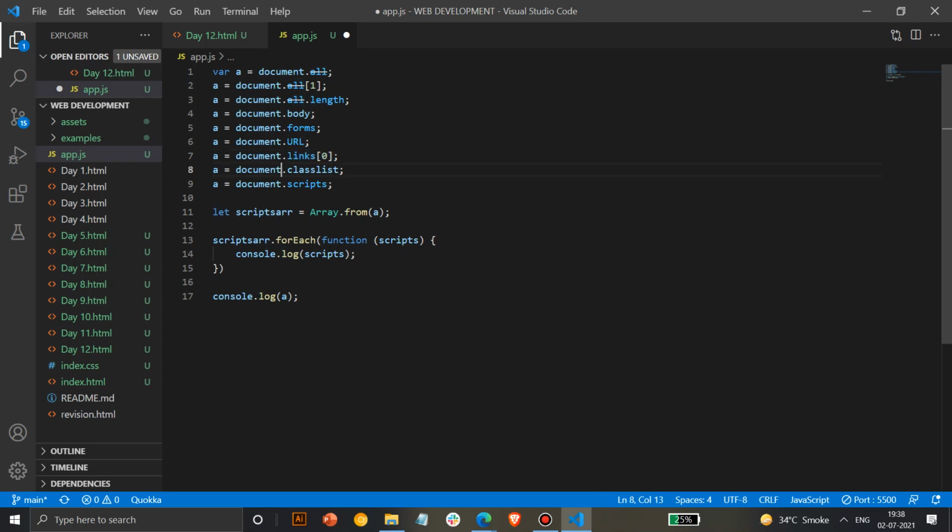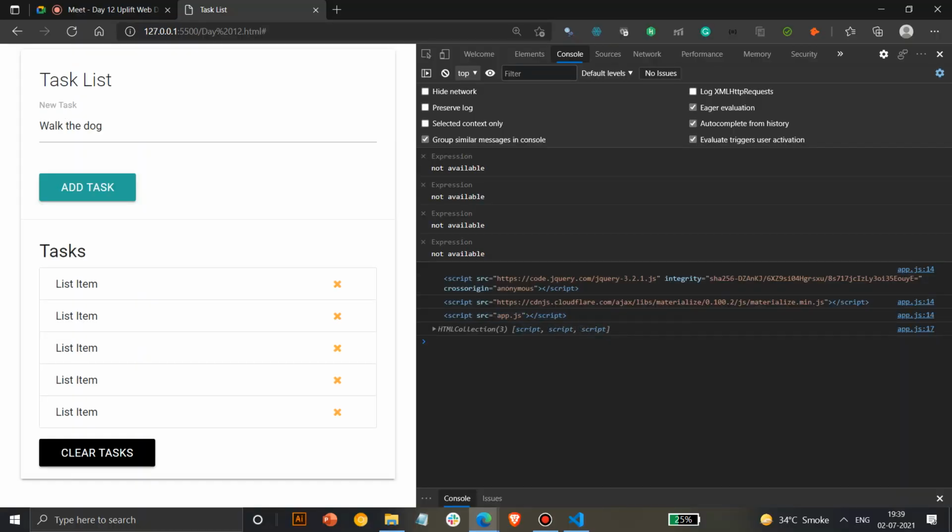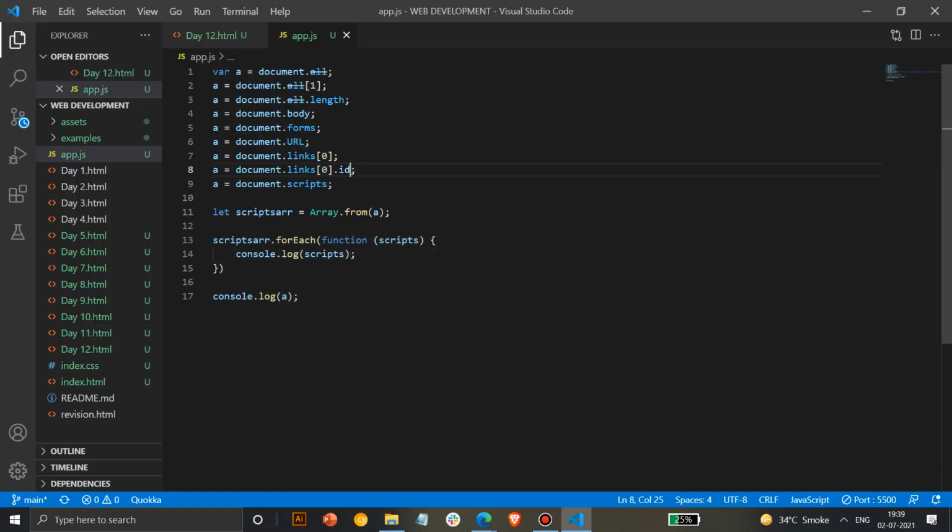So for first I can take the ID for this. If I modified this one, I'll take this as B, and I'll print this.